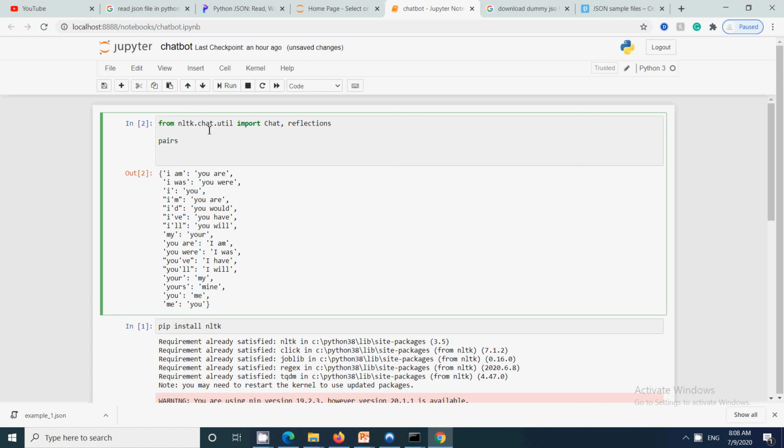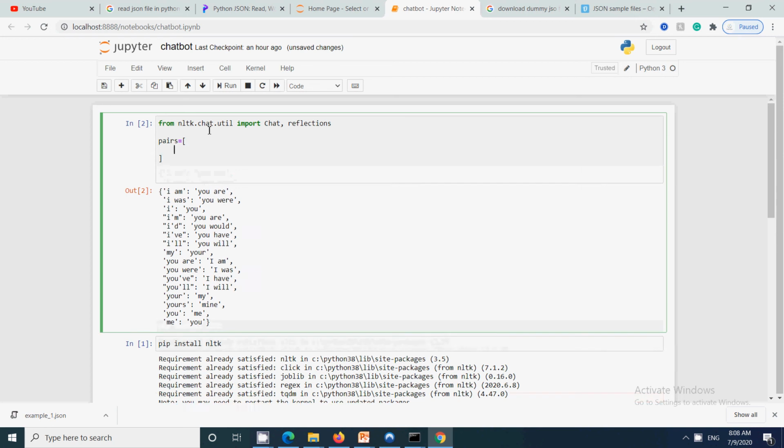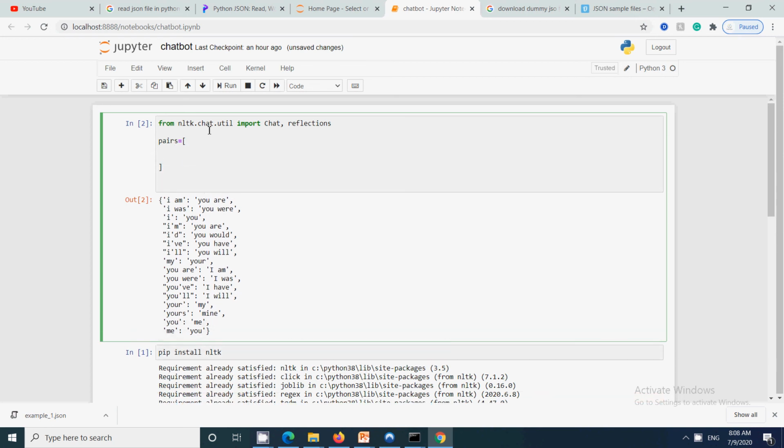So pairs, and then we will have, you can define any, I'm just creating some simple pairs. Whatever I am writing in the second part will be the output of the chatbot, and this will be the user's input.